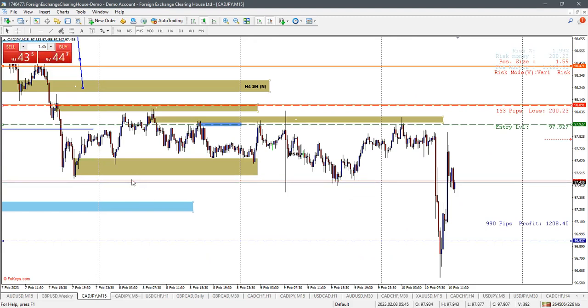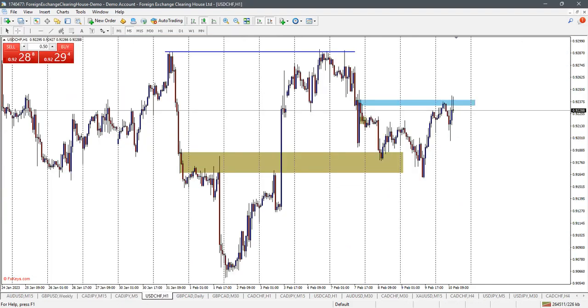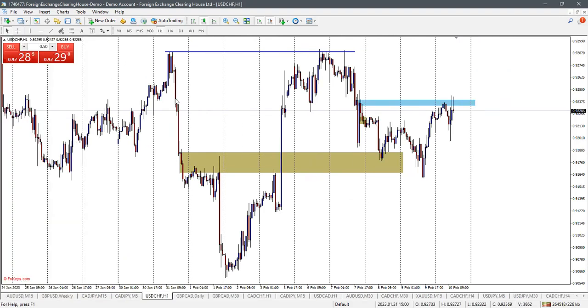It's been a long time coming for the news to come out, but I would love to see what the market is going to deliver us today. And we'll be watching out throughout the day, and I hope you guys are watching out throughout the day. Now, in terms of other pairs, I'll be fair. There are other things going on with other pairs, but whilst the opportunity is there for volatility to be higher,